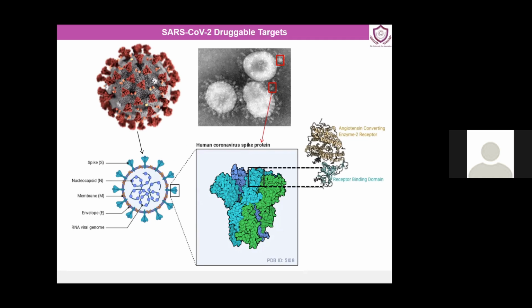Now there is a receptor binding domain on the top of this spike protein, which interacts with the ACE2 receptor, which is present on the human cell. This interaction is very vital for coronavirus infection of the human cell, and many groups are focusing on developing therapeutics, which may be a small molecule or a peptide, that can sit over here and disturb this interaction, so the coronavirus is not able to infect the cells anymore.